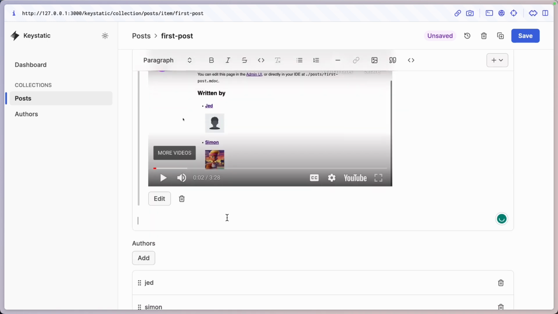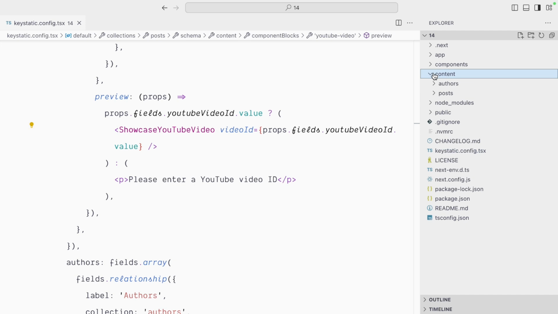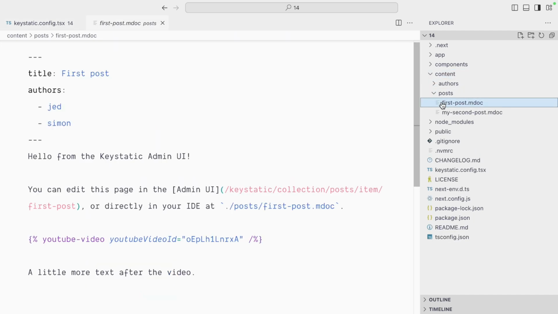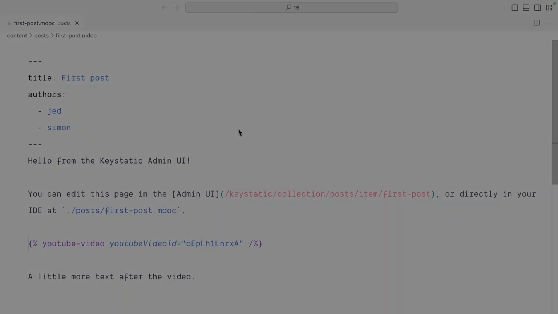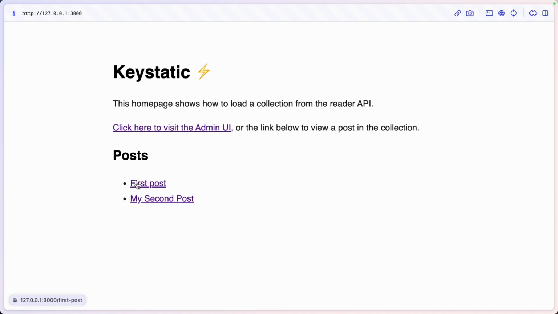Right now on the single post page. And let's just add a little more text after the video. We'll save our post. And if we look in our content files in post, firstpost.mdoc, you can see we have this custom YouTube video component block followed by the paragraph of text we've just added. So we have a YouTube video custom component block inside our first post, but if we visit the first post on the front end,